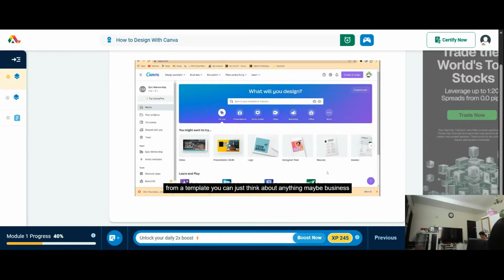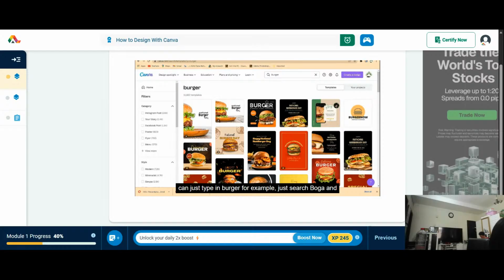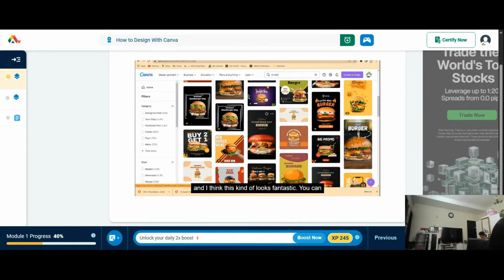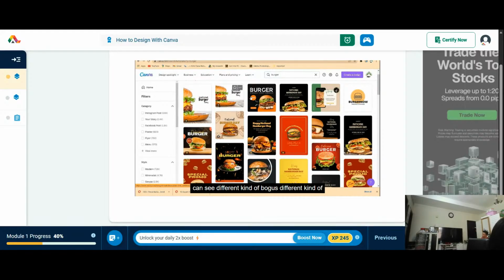To start from a template, you can just think about anything, maybe business, any shop, any product that you want to design a poster for. For example, let's say we want to target burger, so you can just type in burger. You just search burger, and we can see a lot of templates that have to do with burger, different types. So you can just check around, and I think this kind of looks fantastic. You can just check the ones that are not paid, and you can just see what you can do to customize to your liking. So you can see different kinds of burgers,